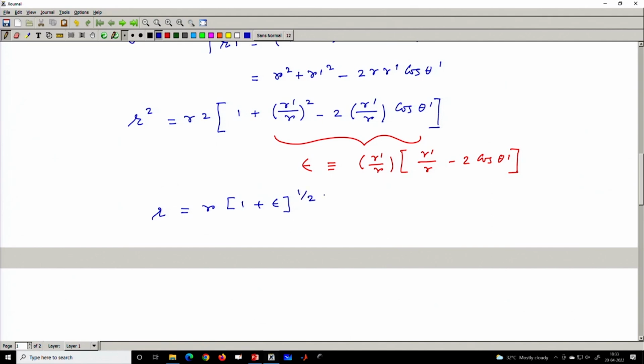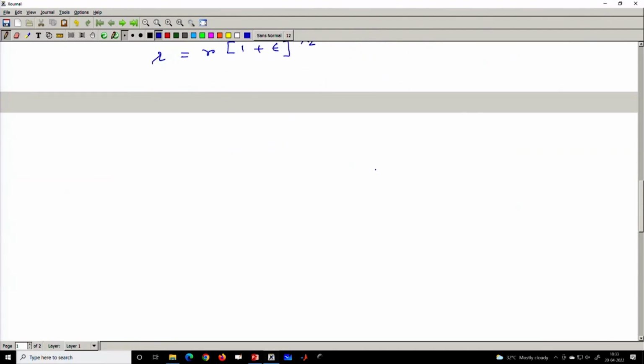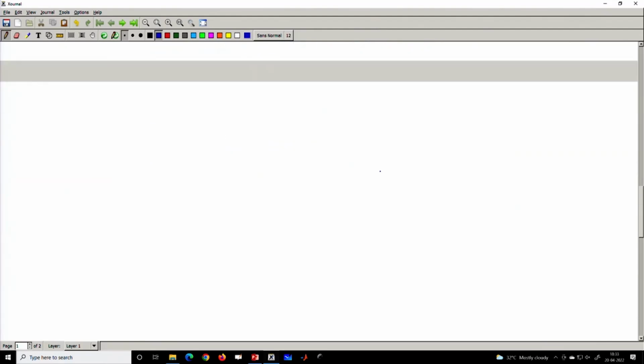Okay. So, now I just need to expand this r. This technique we already used when we were calculating the potential of a dipole. So, the same technique we are going to use. So, 1 by r is simply 1 divided by r, and 1 plus epsilon then to the power minus half,